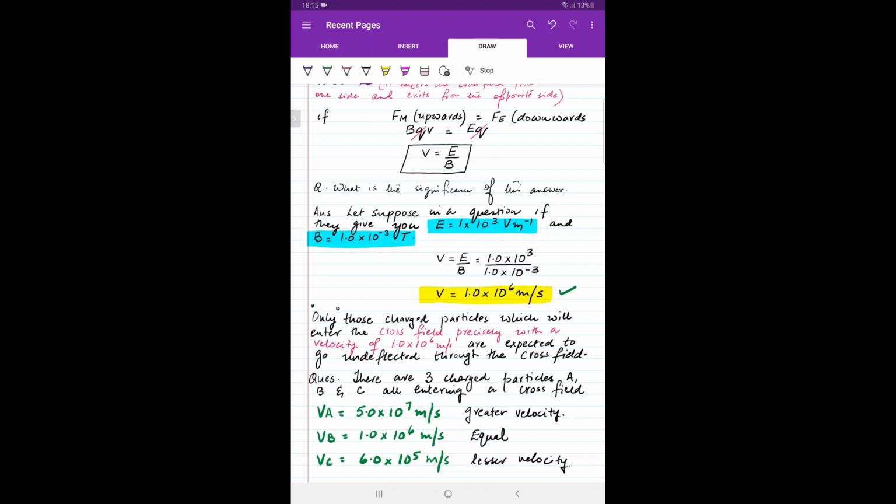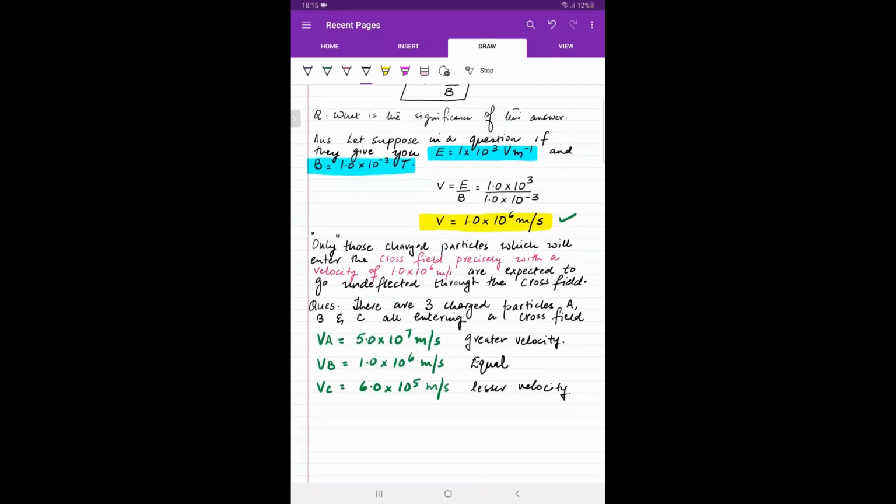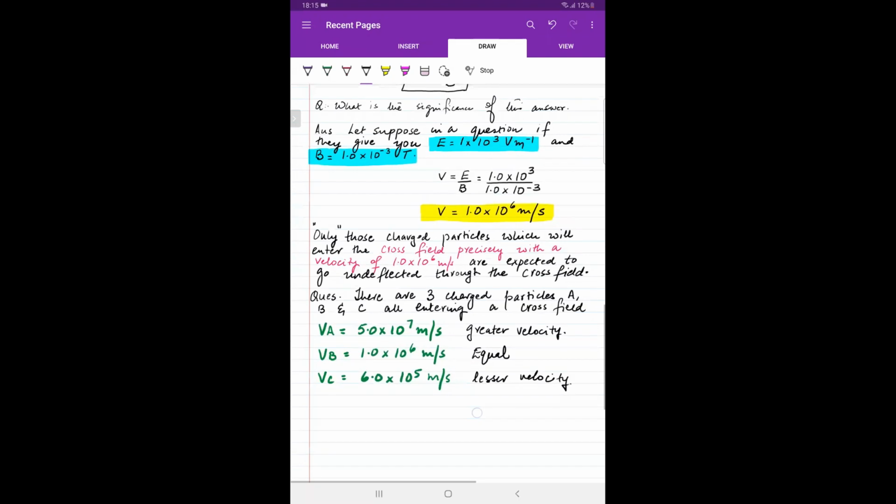And the question asks you कि आपको सजेस्ट करना है कि तीनों का आउटकम क्या बनेगा, है ना? कौन सीधा जाएगा, कौन सीधा नहीं जाएगा, और सीधा नहीं जाएगा तो कौन ऊपर जाएगा, कौन नीचे जाएगा, जस्टिफिकेशन देनी है। तो कैसे जस्टिफिकेशन देंगे, उसको देख लीजिएगा। पहले जरा फॉर्मूला देख लें।